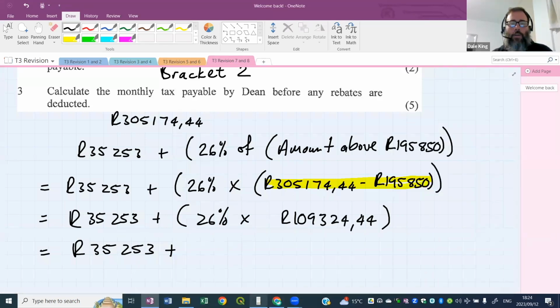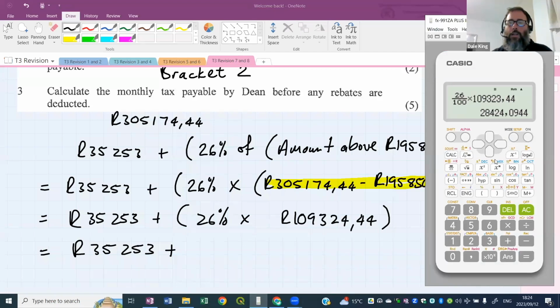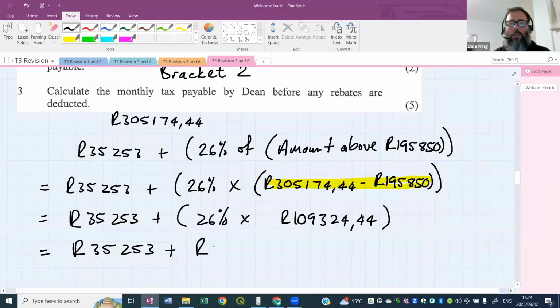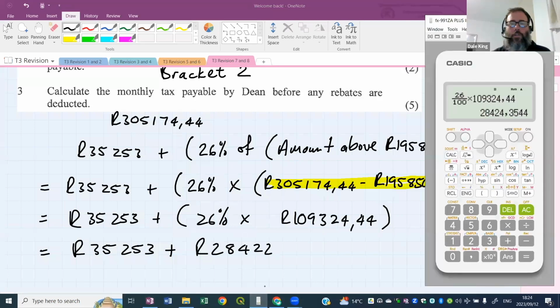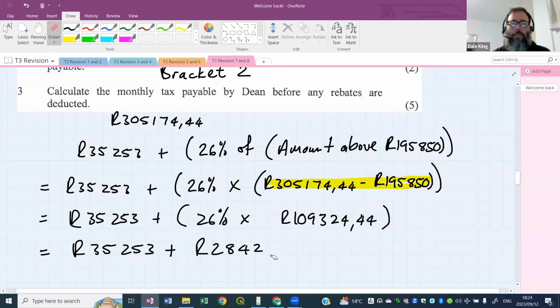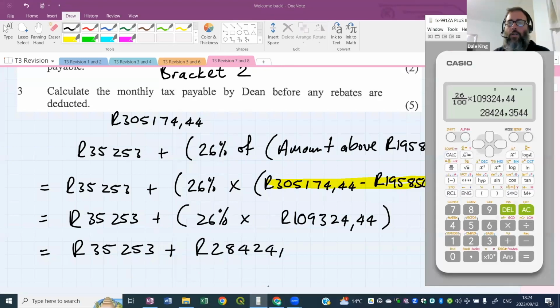So 324. Okay. Now we're going to work out 26% of that. So let me go down to this and change this little value here to a 4 and try again. All right. So 26% of that value is 28,422.424. That number, that placeholder there, I keep getting it wrong. All right. Moving on to